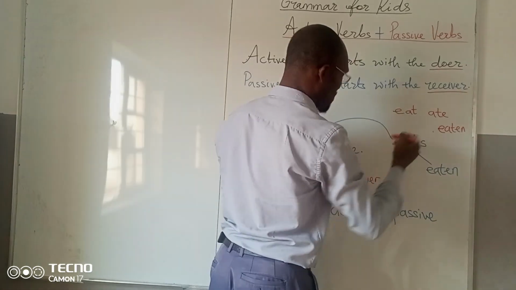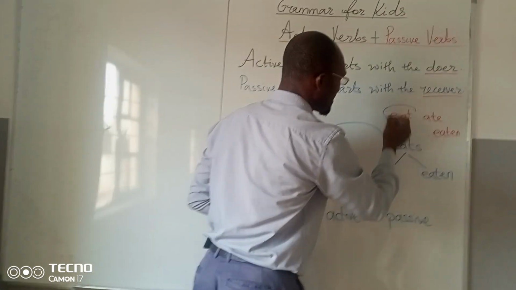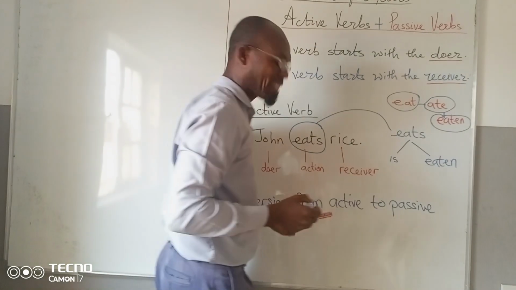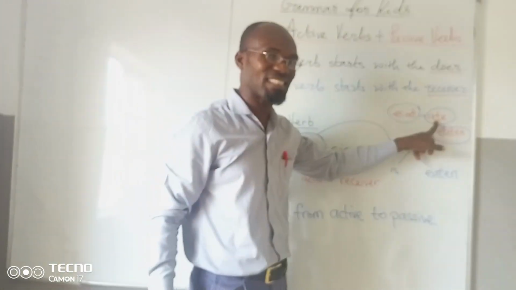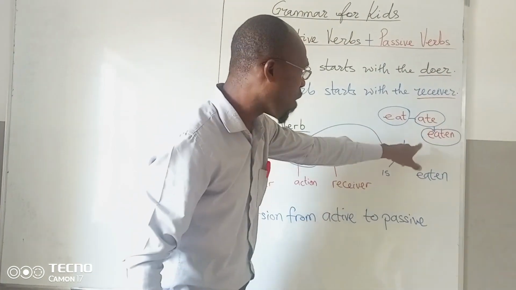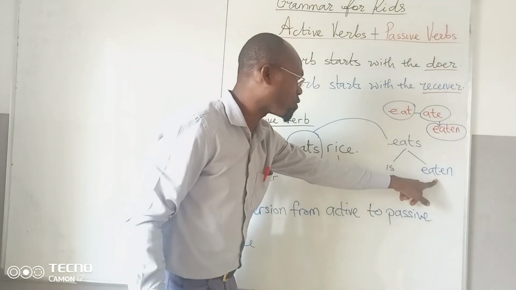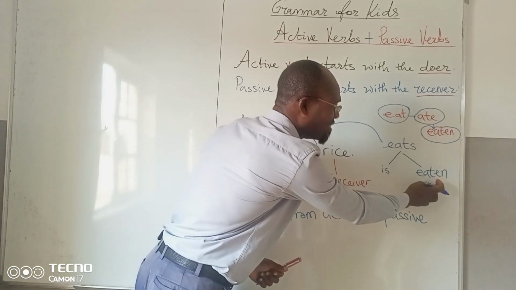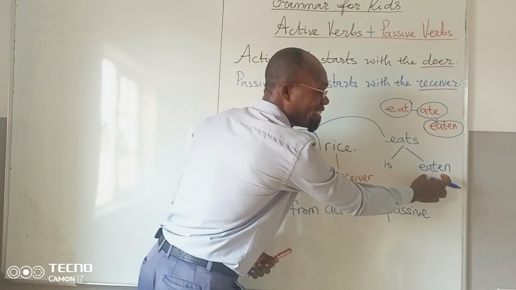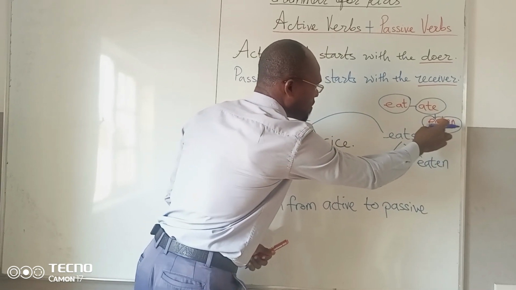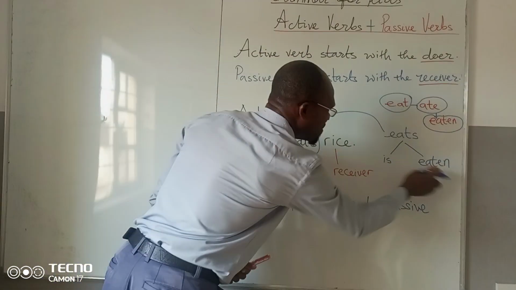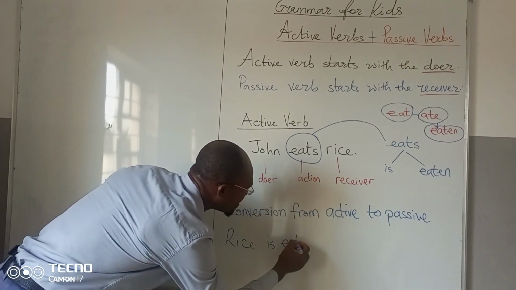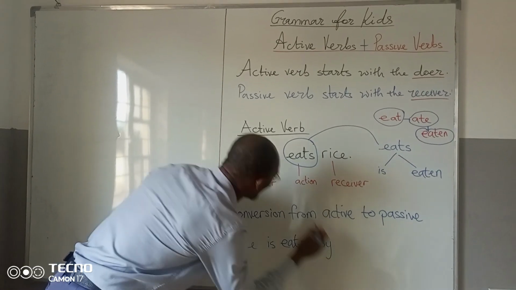Take notes. We have eat, present tense; ate, past tense; eaten, past participle. This is present tense, past tense, past participle. What we'll be needing here is the past participle. So you split it into is and eaten. That's the past participle of the word eat. Now, these two verbs will be brought down here. Rice is eaten by